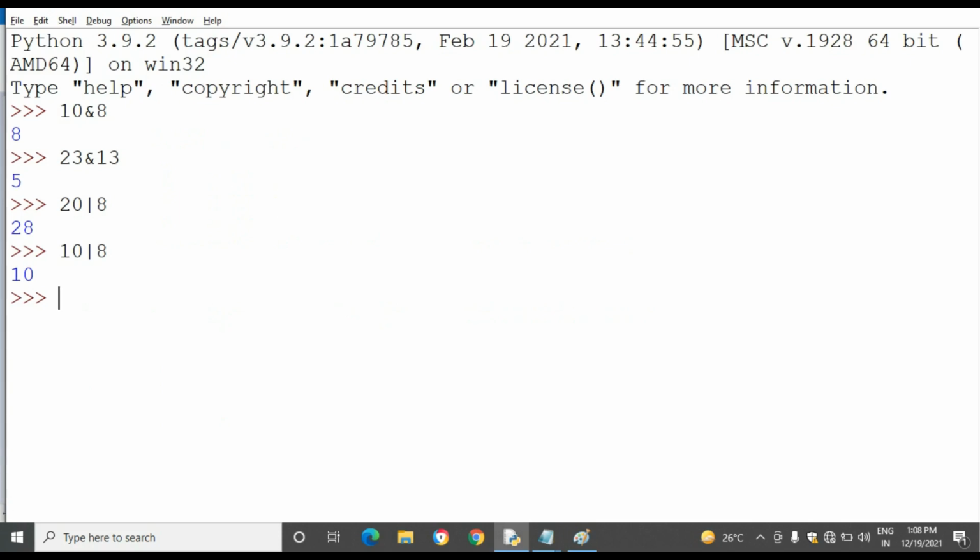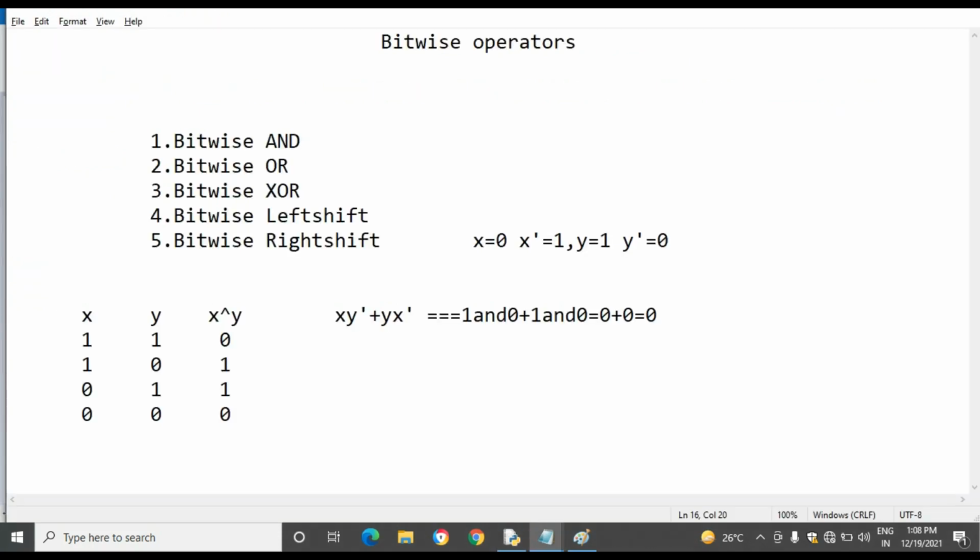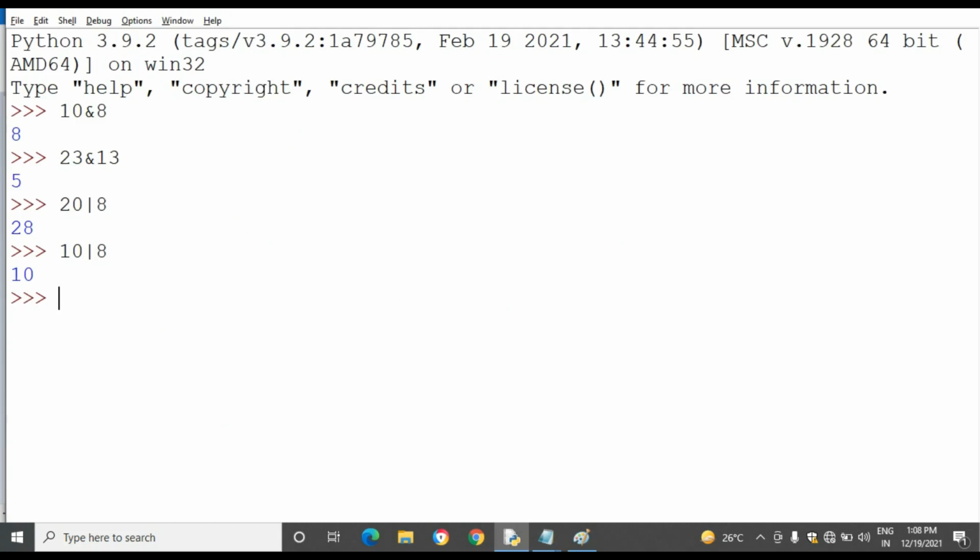See the example for bitwise XOR: 10 cap 8. Cap means bitwise XOR. The result is 2.